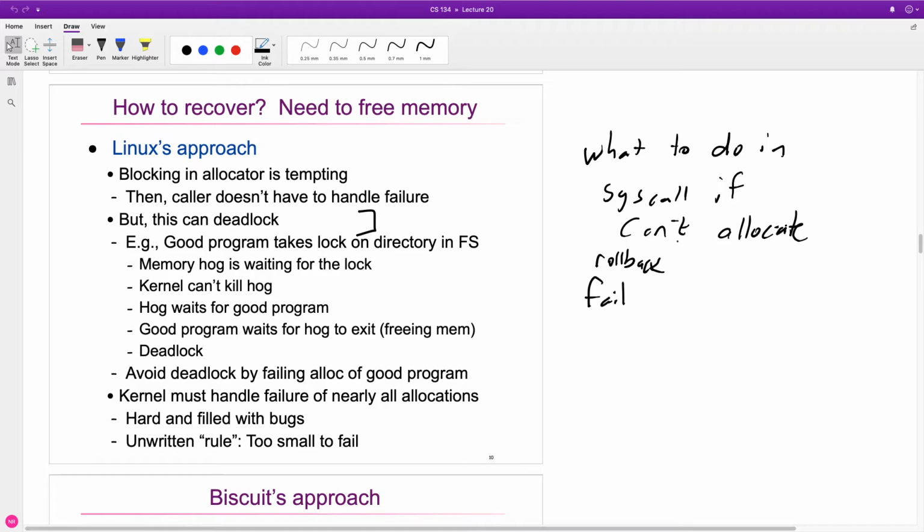So we could fail. And if you look at, for instance, the Linux kernel, you'll see that almost all code that does a memory allocation checks the allocation, and has an error recovery path to deal with that, where it will back out of whatever it's done and return a message to the user. Okay? There is this very odd thing, which is an unwritten rule called too small to fail. So too small to fail says, basically, if you do less than about 32K, which seems pretty darn big,